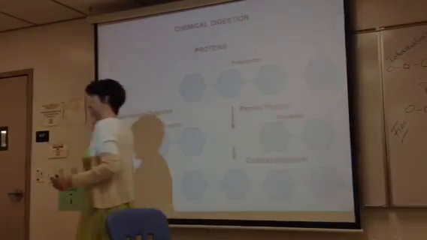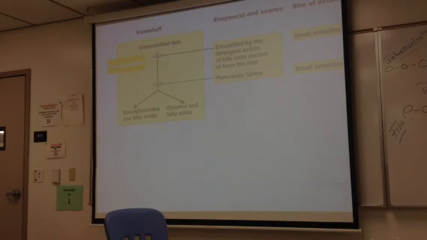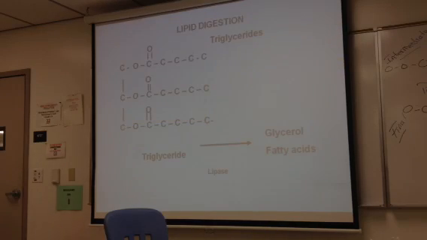Okay, when we look at lipids, there's a great variety of lipids. There's phospholipids and cholesterol. We're going to focus just on triglycerides. We actually have lipase produced by the mouth and the stomach and the pancreas. But again, within the pancreas is the most important source. So again, as I said, we're going to focus on triglycerides.